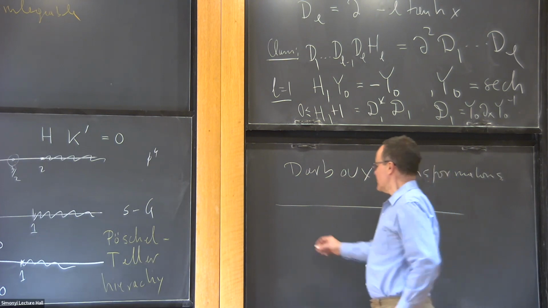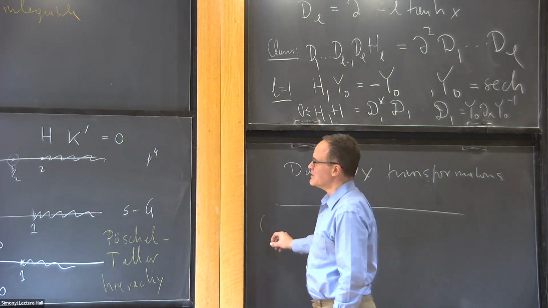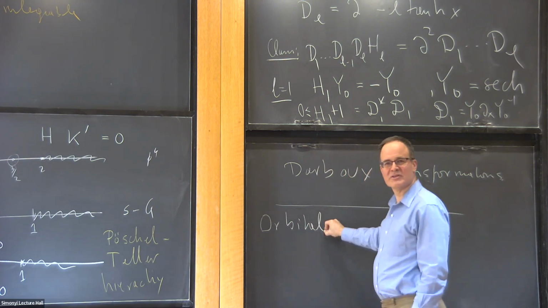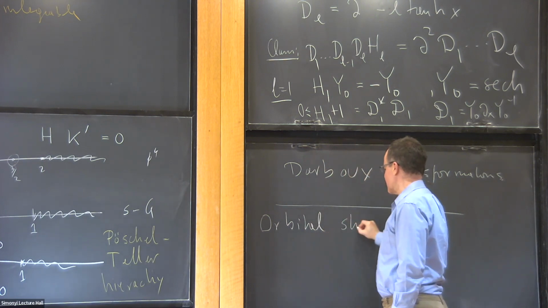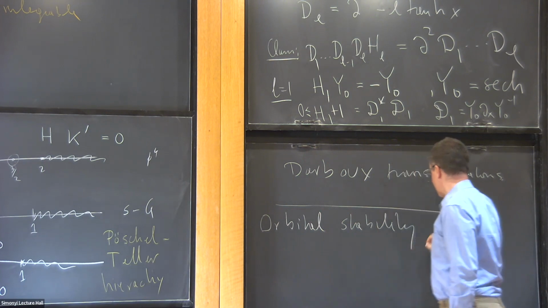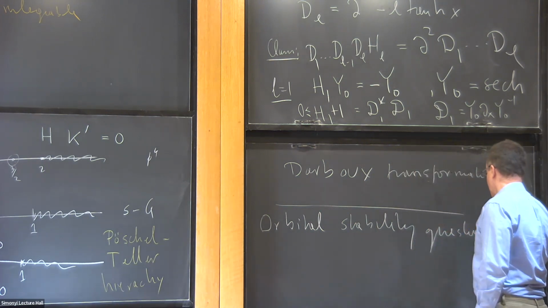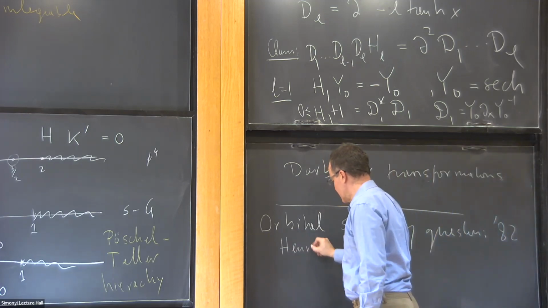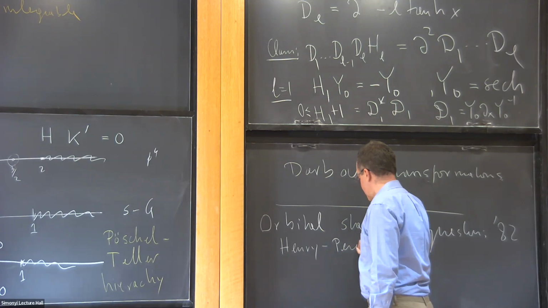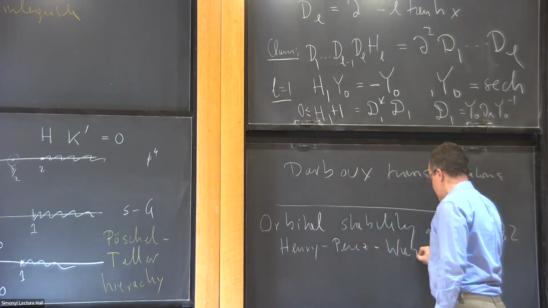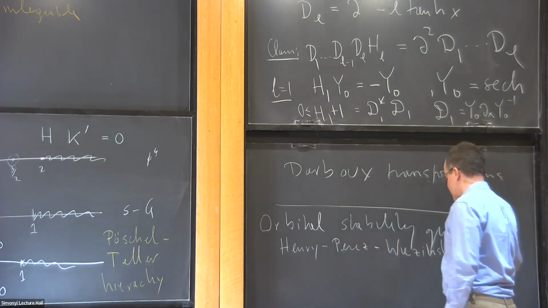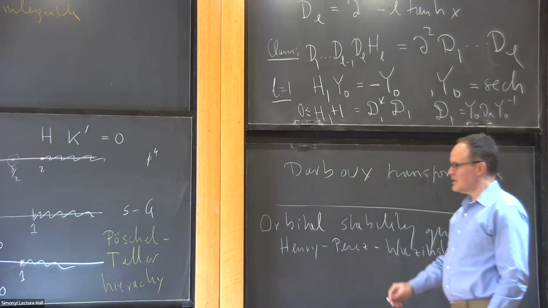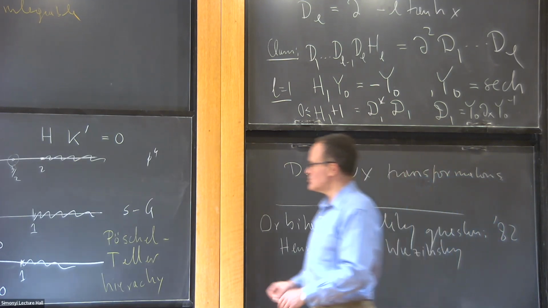All right. But now, what about the orbital stability question? Maybe I haven't even written that yet. That was settled. How am I doing on time? Not great. The orbital stability question was settled in '82. I hope I remember the names. Henry, Perez, Brzezinski. Forgive me if my spelling isn't perfect here. And they simply observed that the energy, if you